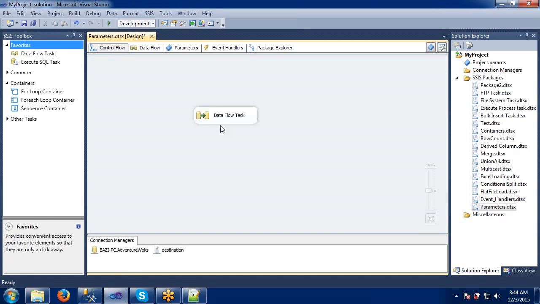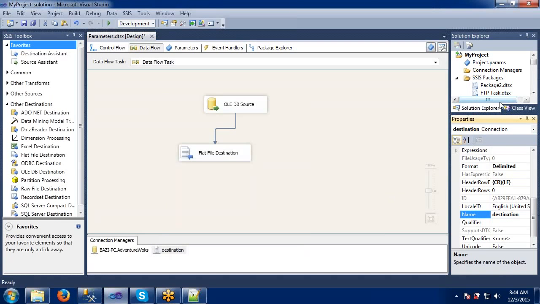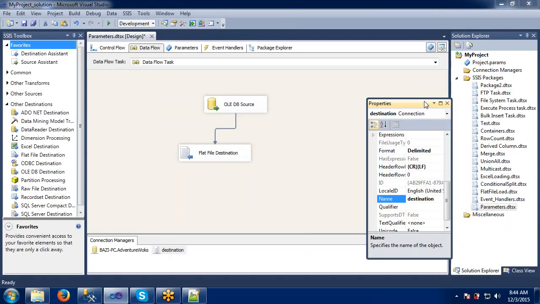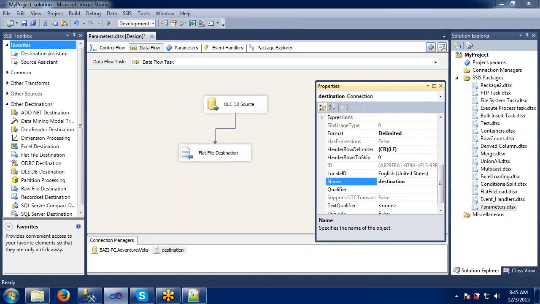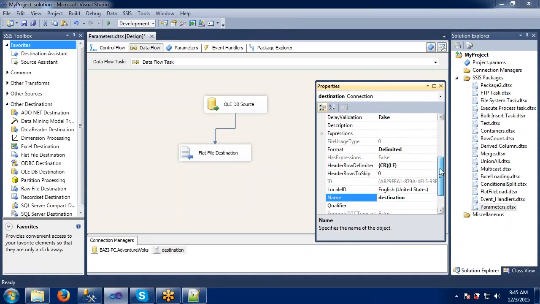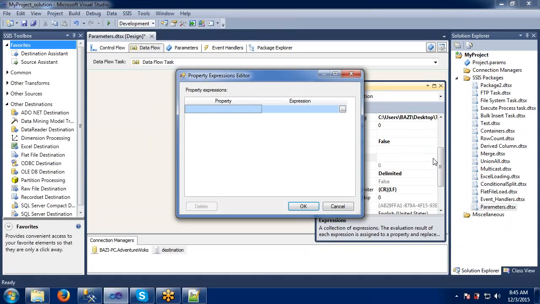Come to the control flow, come to the connection managers. Now right click the connection manager and go to the properties. The properties window will open like this. Go to the expressions here, go to the connection string.